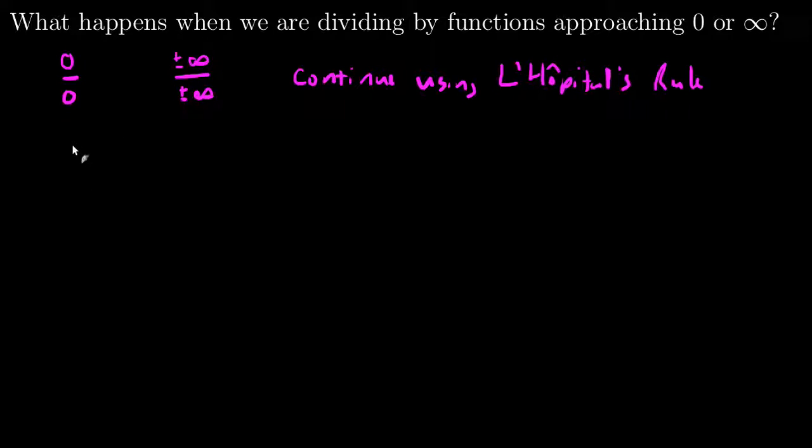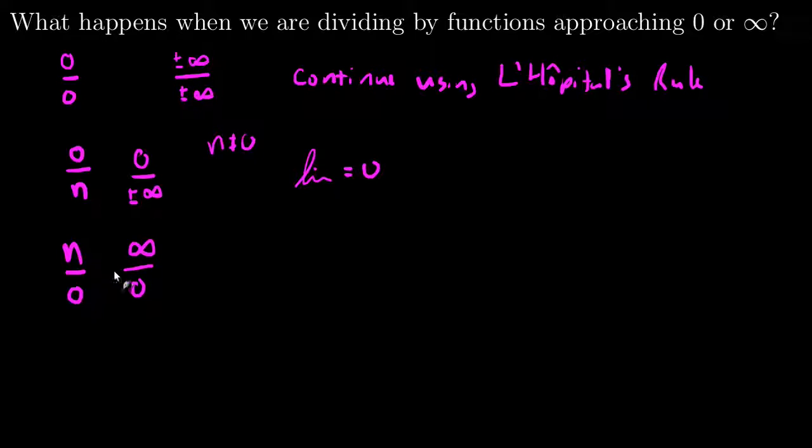But what happens when I don't have one of these cases? Well, there's some that should be pretty obvious. So 0 over some number, and I'll say n is not equal to 0, or 0 divided by some form of infinity. Well, this is clearly the limit equals 0. 0 divided by some number or some extremely large number, the limit will equal 0. But what if I have the 0 in the denominator? And this is where things get a little bit tricky. So if we have n over 0, where n is not equal to 0, or some form of infinity over 0,